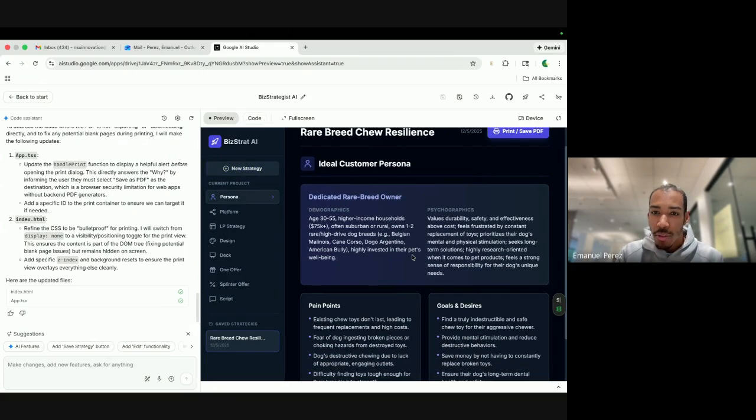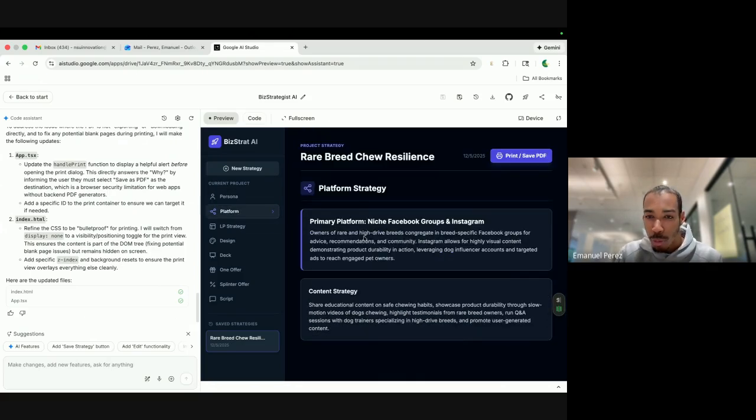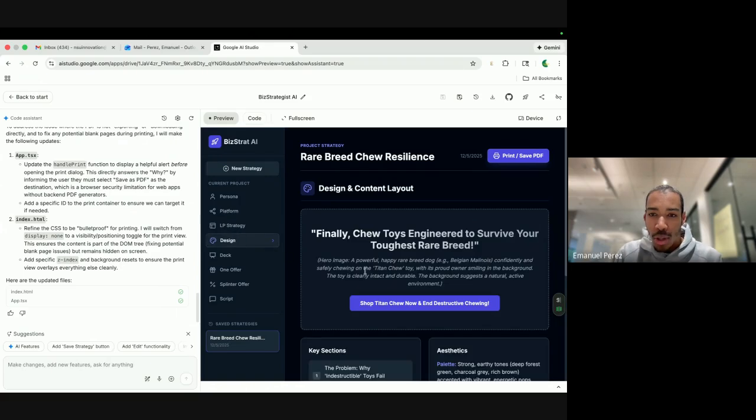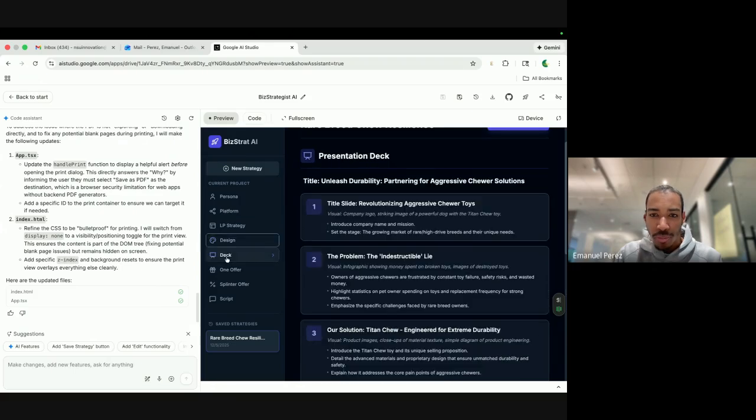And so you can see we have an ideal customer persona. This is what we went over in week 1. A platform strategy for what platform they should choose. We went over this in week 2. Plan page strategy. We went over this in week 3. A one-liner with a hook that they can paste on their landing page.